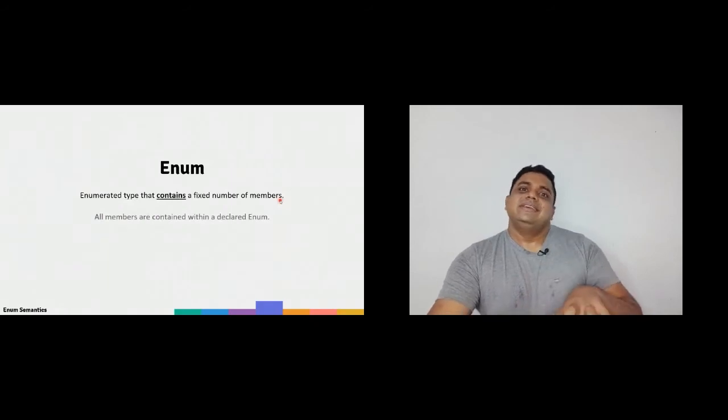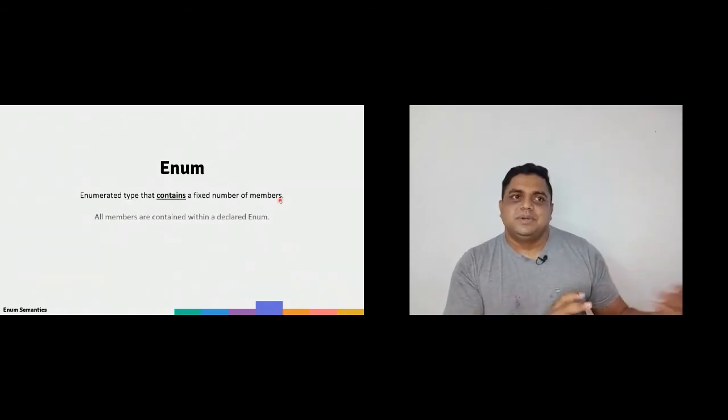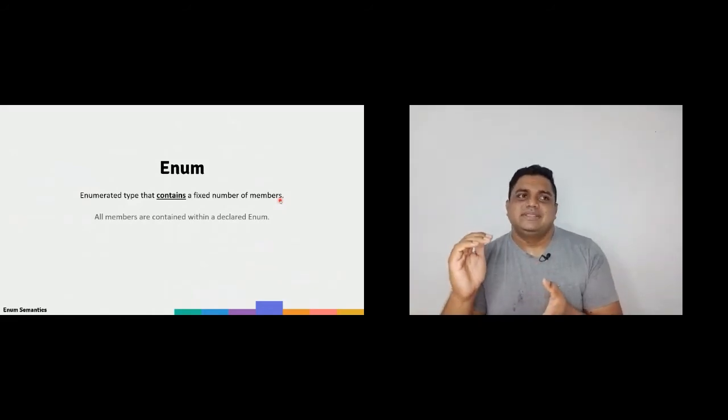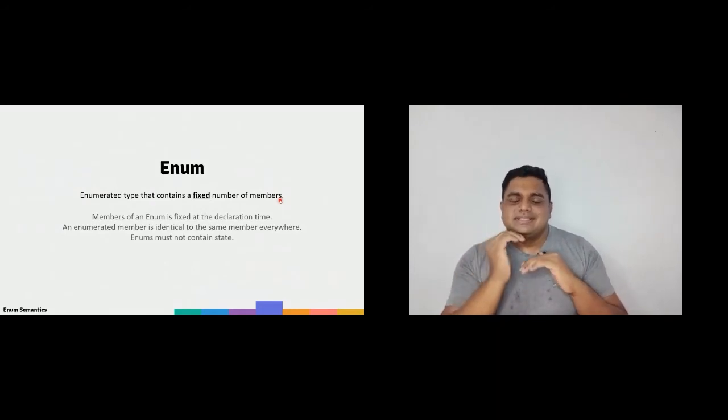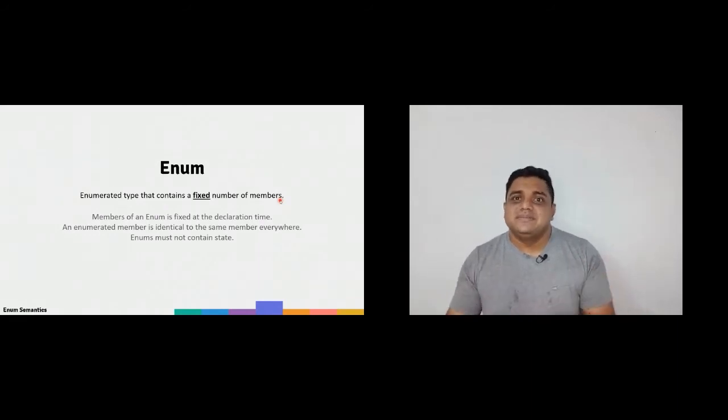And it's contained. So like from the example from the post, where we define a bunch of constants, they are contained because we have a fixed number of enum members, and we give it a name. So it's contained within here, and they are fixed. This is very important, that the number of enums you have in one enumerated type is fixed. You cannot add new ones later, you cannot remove ones, you cannot extend enums. The number of members you have in one enum is just fixed.